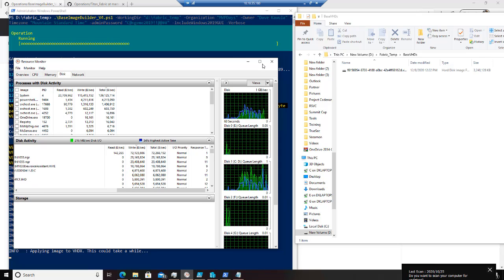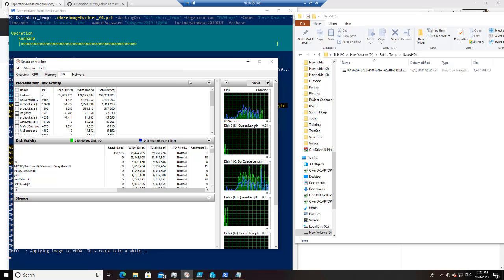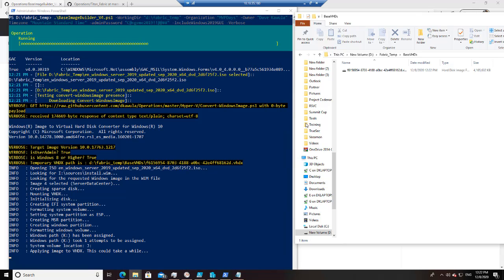So we're going to go ahead and stick with you. We're not going to pause the video. I like doing these things real time and live. So we'll just go ahead and minimize Resource Monitor. And while this is finishing up, we'll let the system finish, and then I'm going to spin up a Hyper-V virtual machine that's based off of this Gold VHD template,